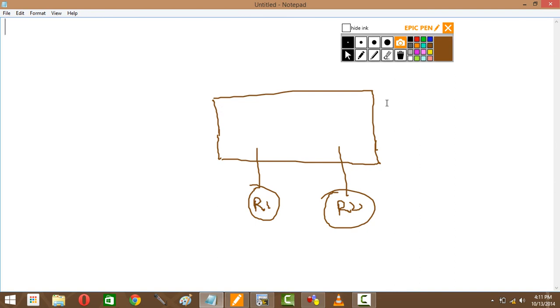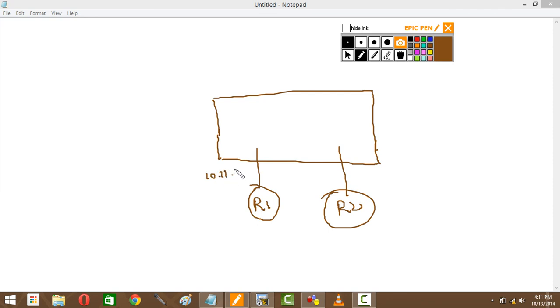Now I have R1 and R2. R2's address is 10.11.11.1. R1 and R2, right? And say there is a default gateway here somewhere. There is no firewall in the middle. I'm just showing you how ARP spoofing works. So R4 says the default gateway 10.11.11.100, right? Now when R1 wants to go to 10.11.11.100 or his default gateway, he sends out a packet